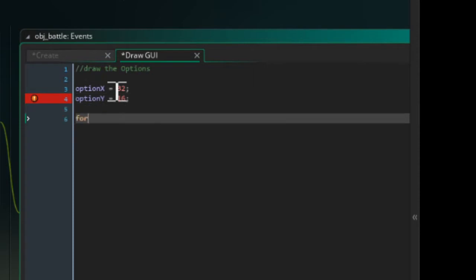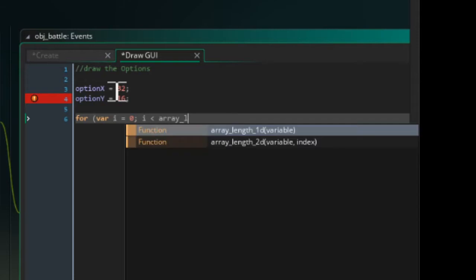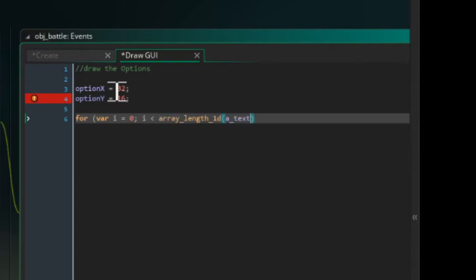And we're just going to use a for loop. So for i equals 0, i is less than array_length_1d(a_text), i++,